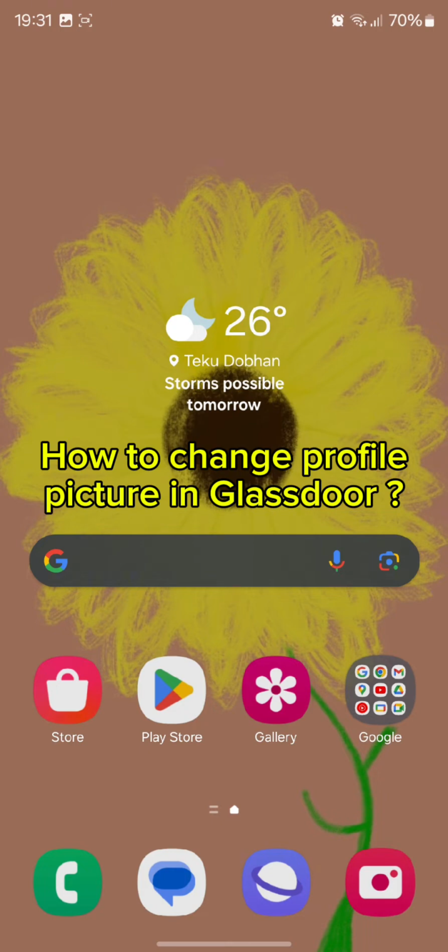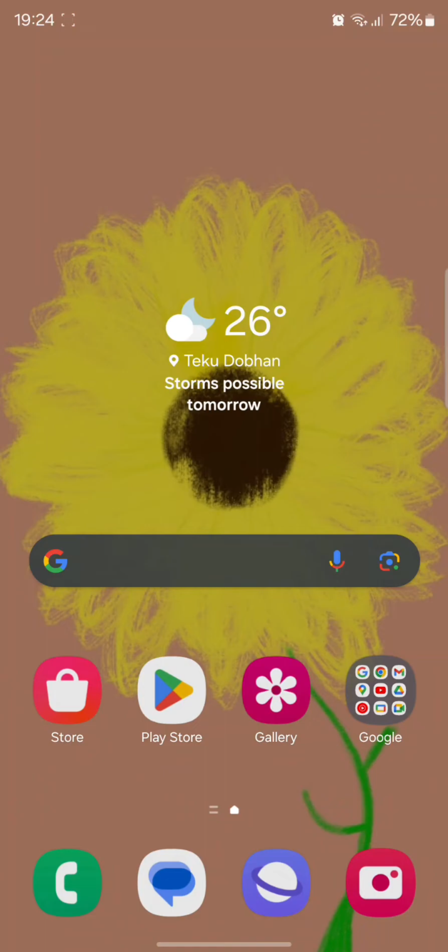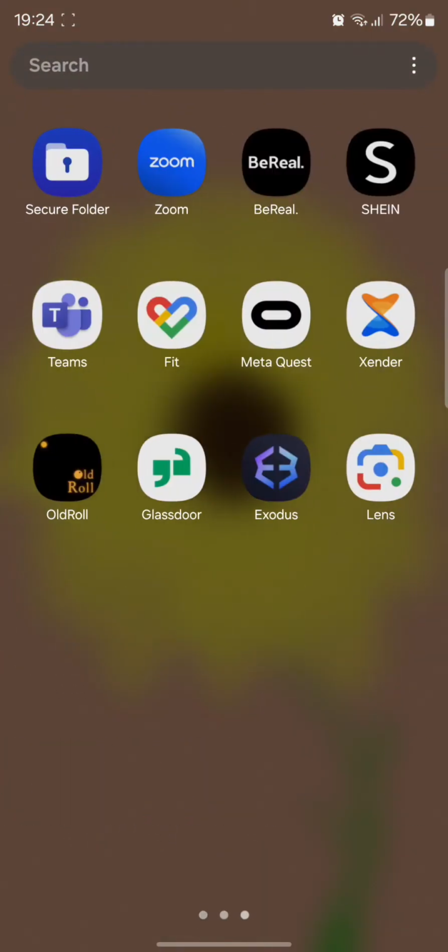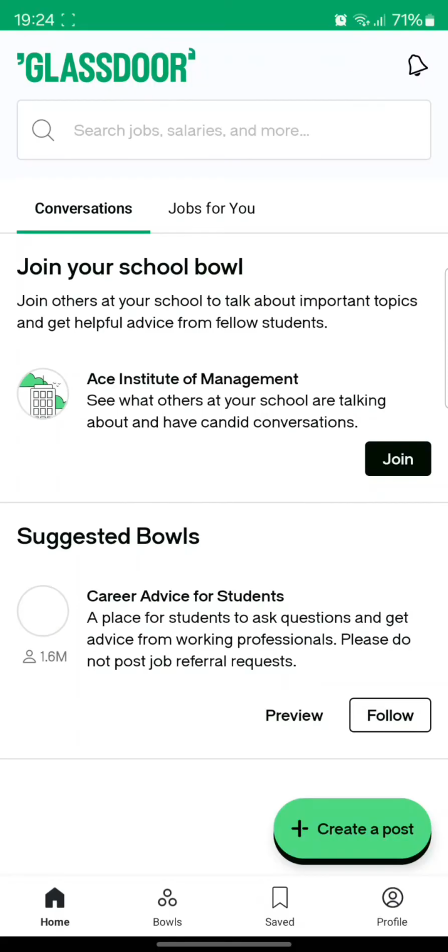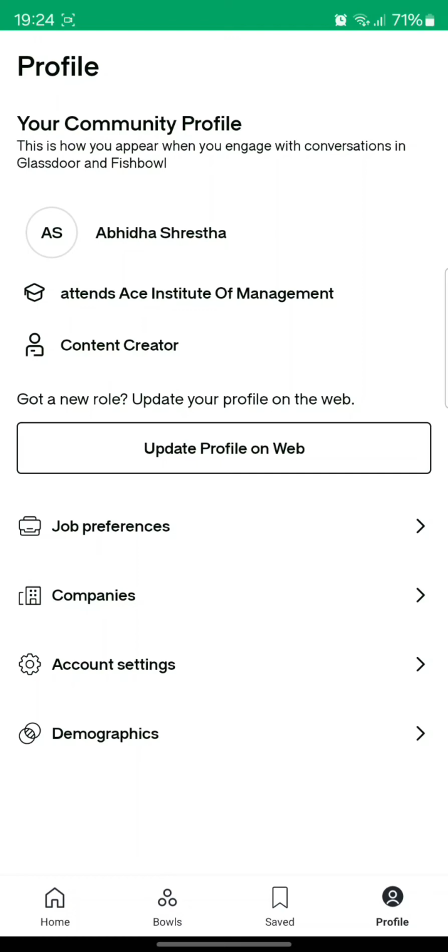So to change your profile picture in your Glassdoor app, all you need to do is simply tap open the app itself. So once you tap open the app, you will end up in this kind of interface where all you need to do is simply tap on the profile option. There you can find the update profile on web, so simply tap on it and you will be redirected to